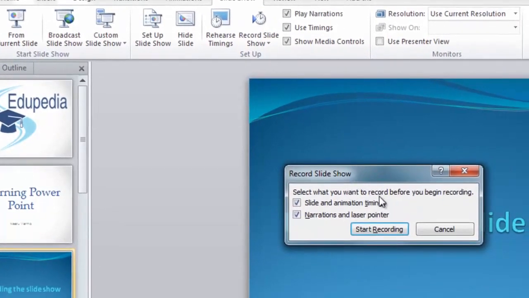It asks you select what you want to record before you begin recording. The first option is slide and animation timing, and the second is the narration and the laser pointer. We have selected both these options and now I am clicking on start recording.